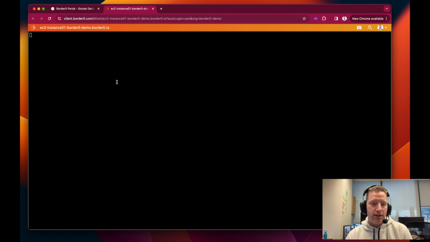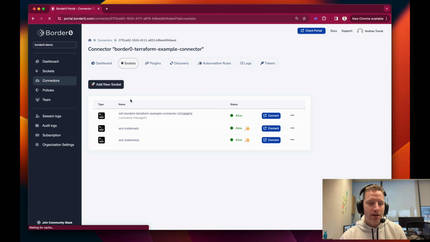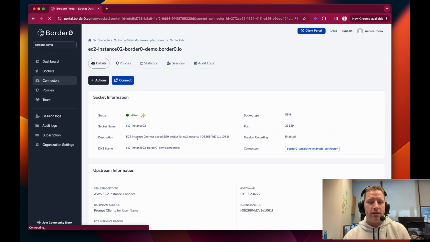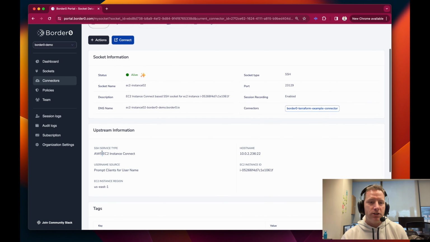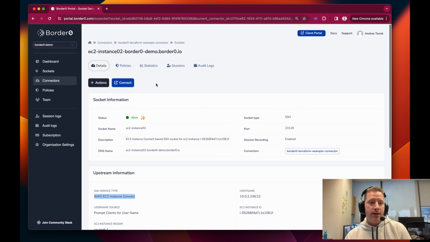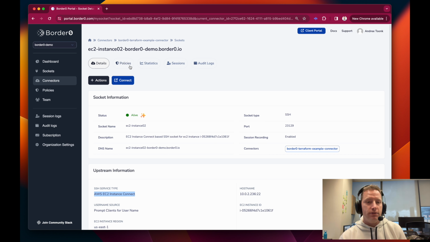Just click on it, and yes, you can see I'm in now. It works end to end, and we can execute some commands, so that's great. Now I'll go back and we'll take a look at the second EC2 instance. That was the one that we created for the SRE team, and we can see it's named correctly, EC2 instance